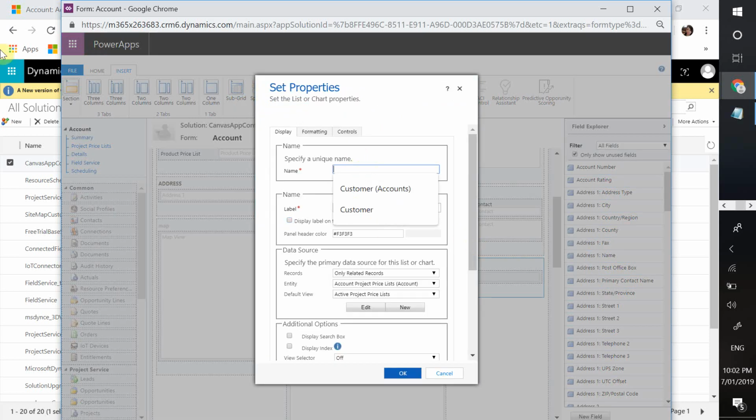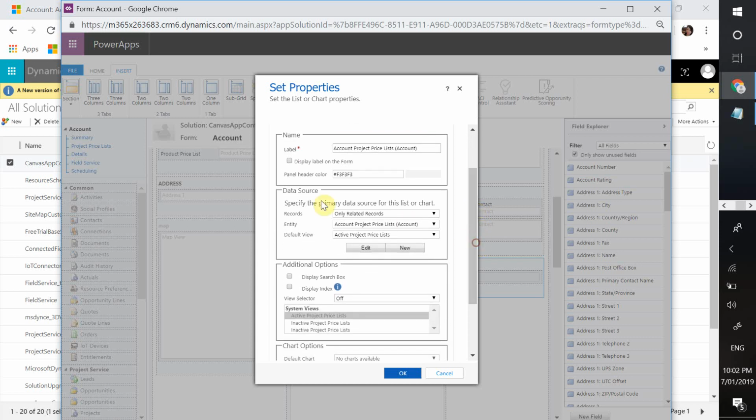Okay, I'll first give it a name. I'll just call it contacts. Doesn't matter the label because I'm not showing the label. So here is the data source. This is the information that's going to be surfaced out on your CE again. So it's very important to select the correct record, the correct entity, and the correct view based on what information you want, and to configure the view to reflect the columns that you want to display back